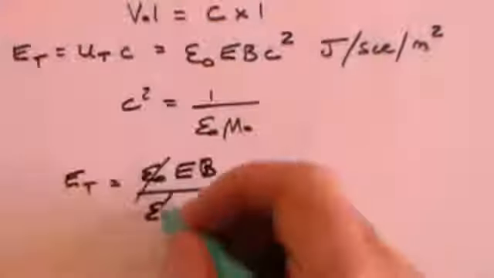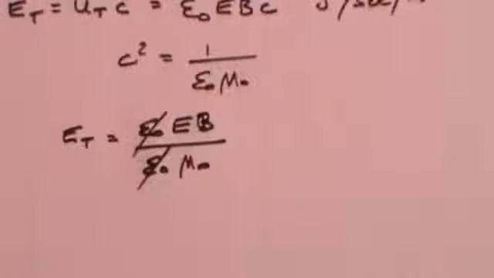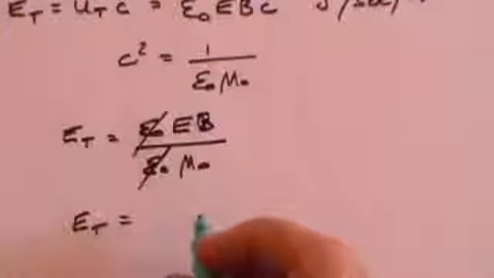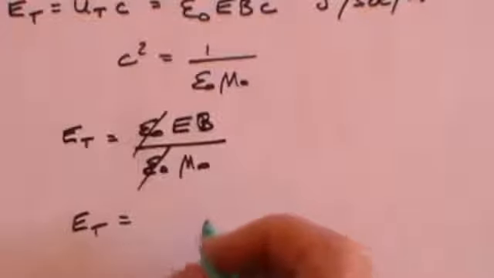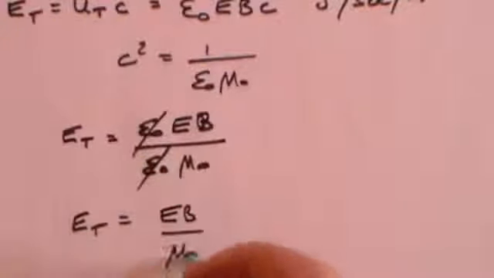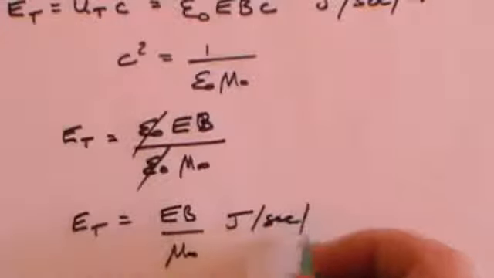So obviously the epsilon naught terms now cancel, and you get that the total energy per second per meter squared is EB over mu naught, and that's again measured in joules per second per meter